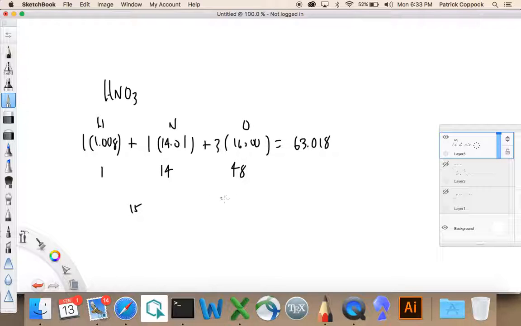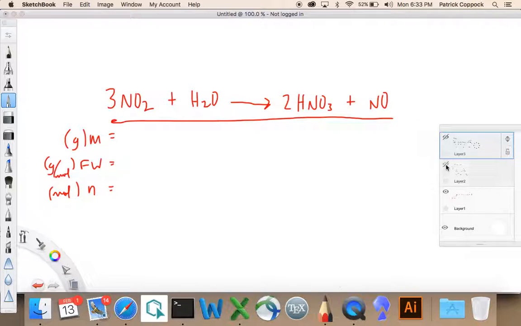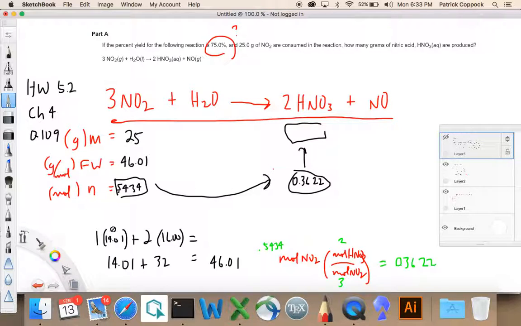So this is 15 and 48, which gives about 63. Yeah, I like this number. 63.018. And in order to get the mass, I multiply that times